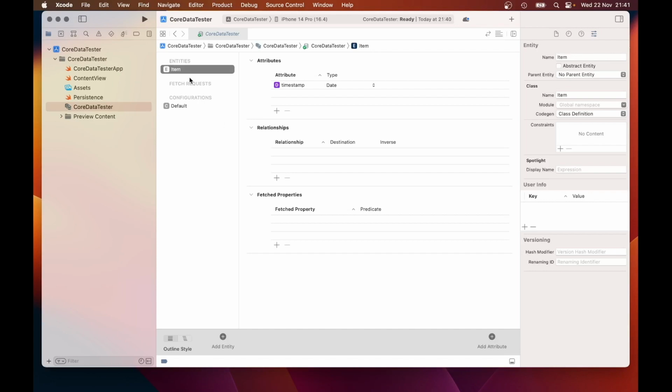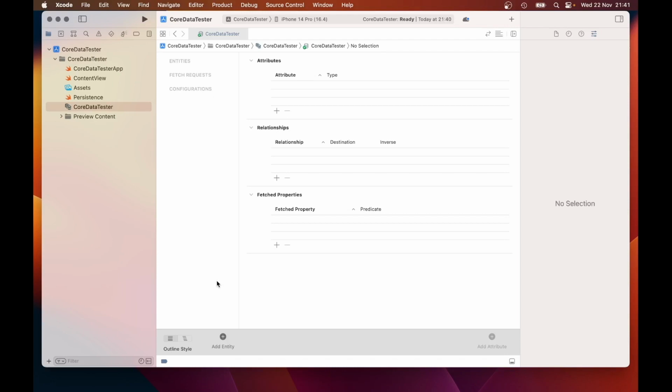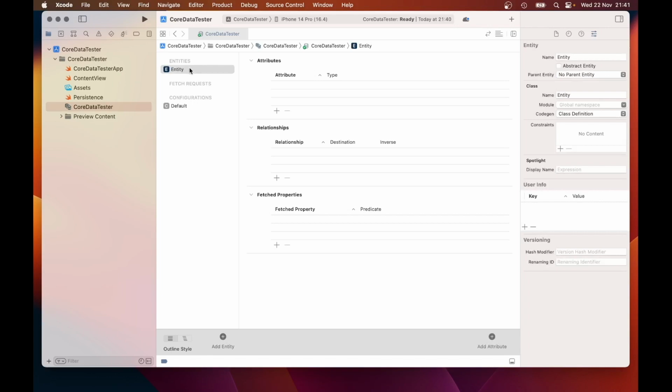We can delete this entity, the item entity, and create our own one. So to delete it, just select it and then click on backspace. To add a new entity, just click on the Add Entity button at the bottom. Now we need to rename the entity. Let's call it contact. The contact entity